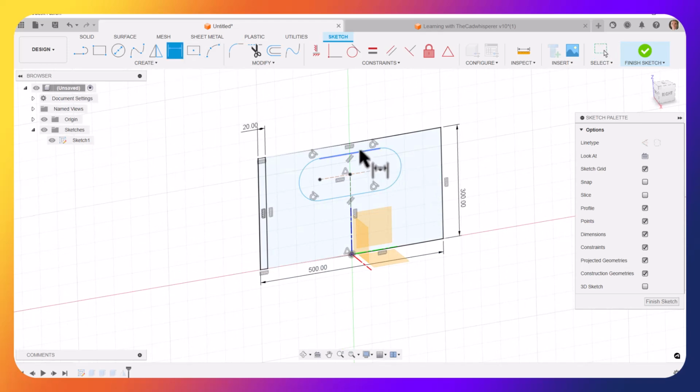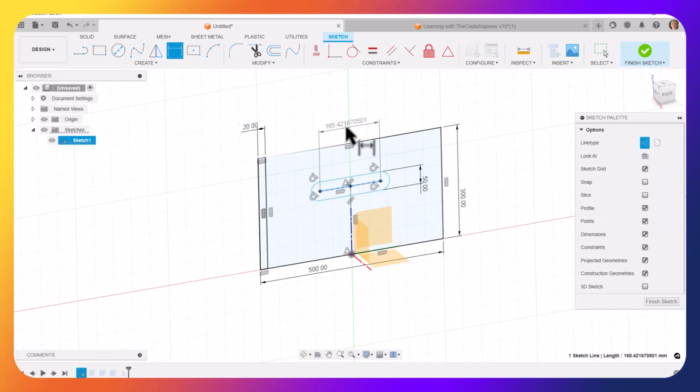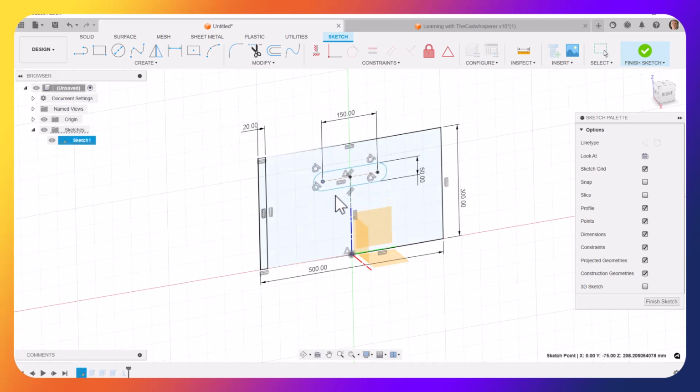I'm going to dimension this, and so I'll dimension this distance from here to here, and let's say that is 50 millimeters, and then I'll need to dimension the width of that slot, let's say 150, and then I need to dimension the location. So notice this geometry is blue right now, so I click and drag, I see that it can go vertically up and down. I want to limit that vertical, or locate that vertical height, so I'll dimension to the origin. So I use the origin for my datum for most everything that I do. And so let's say I want that to be 200,